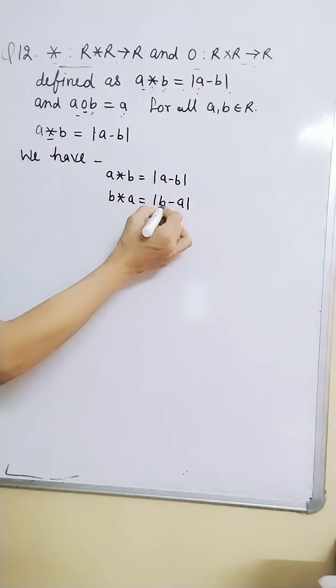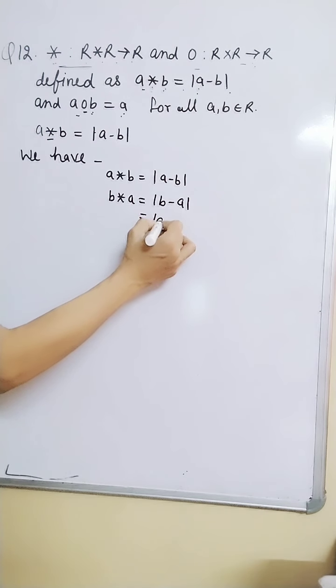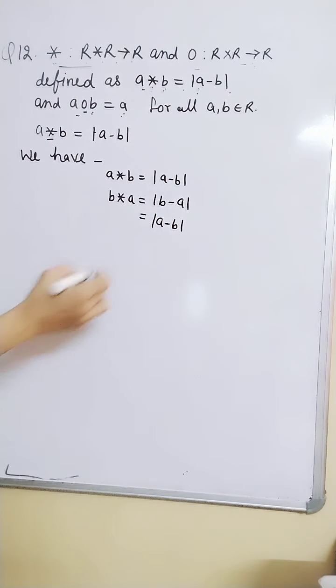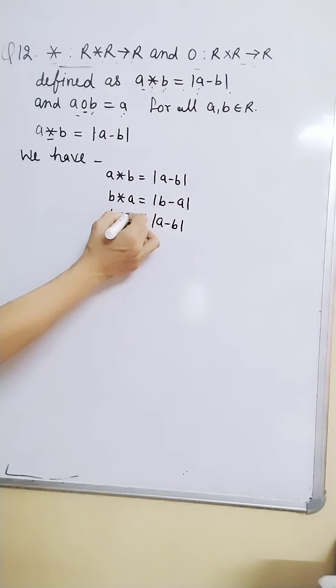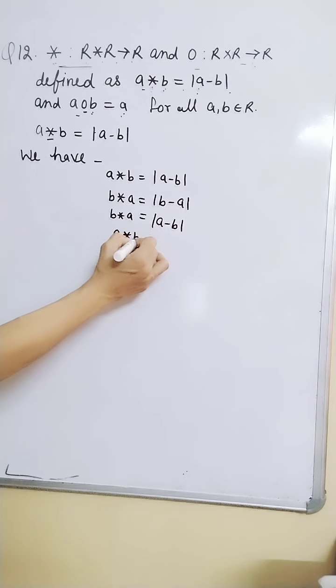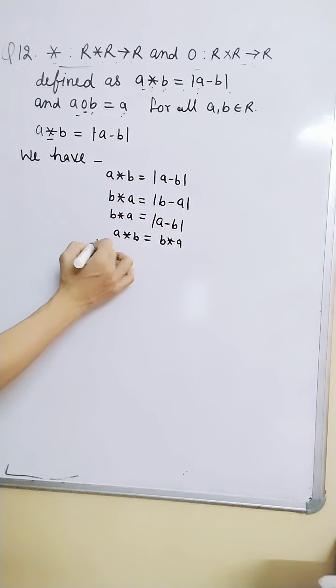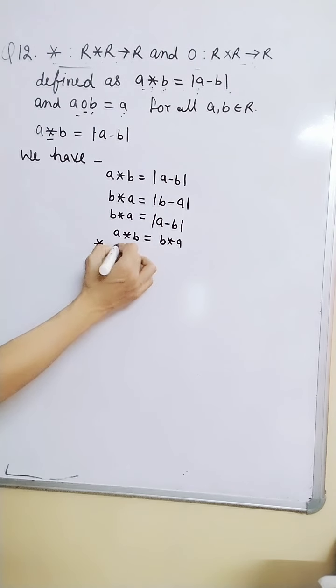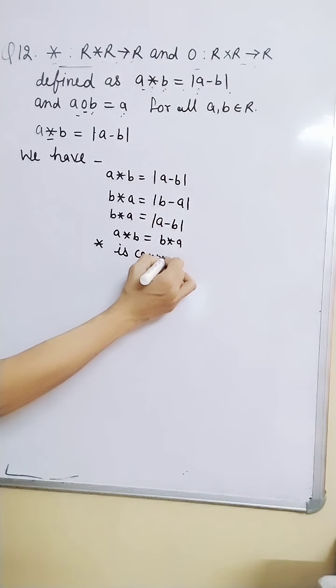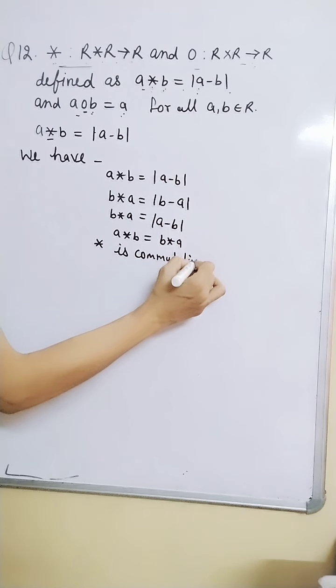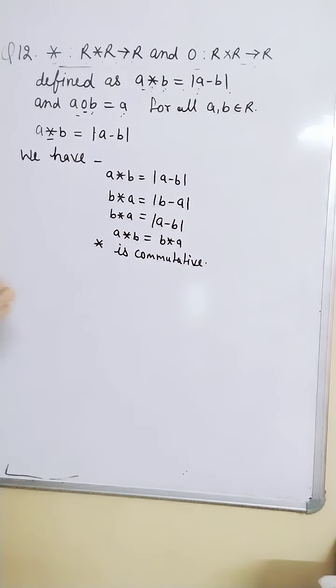Now B minus A in the mod I can write as A minus B also, right? So what we are getting is that these are equal. A operation B is equal to B operation A. It means that this operation is commutative. Right? Now for associative,